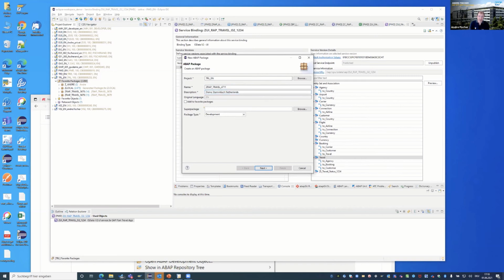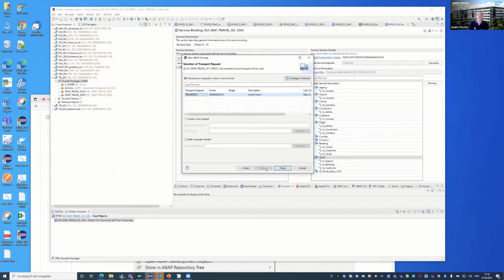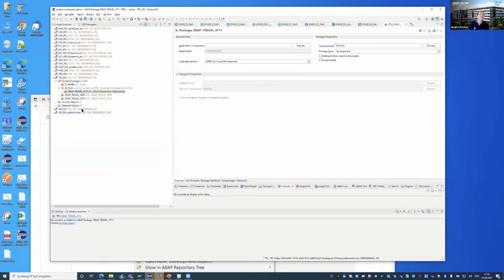Okay, the super package is Z local. So this plays more or less the role of the $TMP. So I will create a new request, Demo Stammtisch. Okay, here we are.